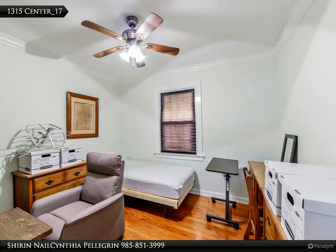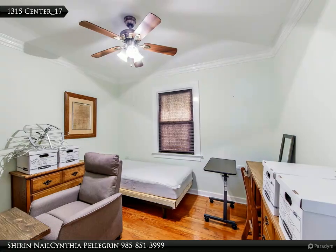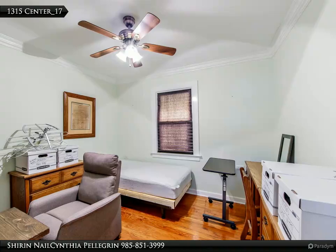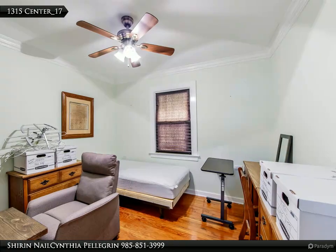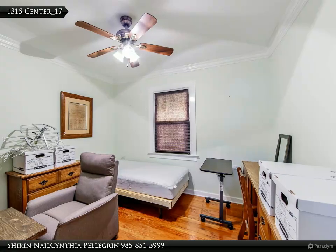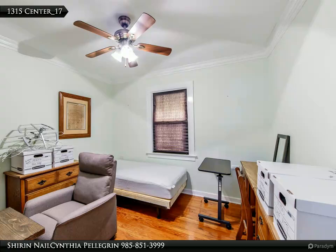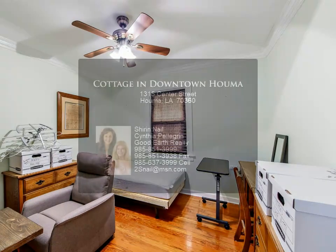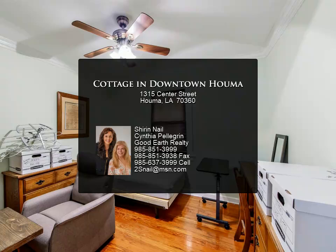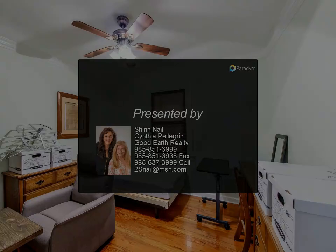Situated on a corner lot with dual access from Center and Dunn Streets, this cottage-style home is move-in ready and located in a quiet neighborhood. Enjoy the convenience of being close to Terrebonne General Hospital, medical facilities, a variety of restaurants, churches, and private schools. With room to expand and a 2-car carport, this property is perfect for those who enjoy having extra space. This cottage is truly a standout property that combines